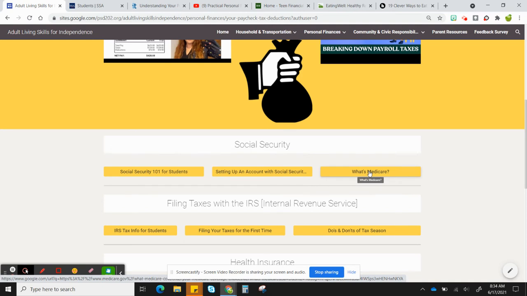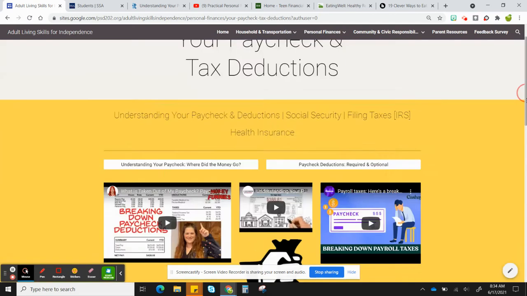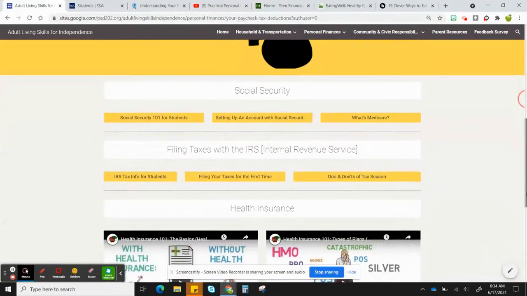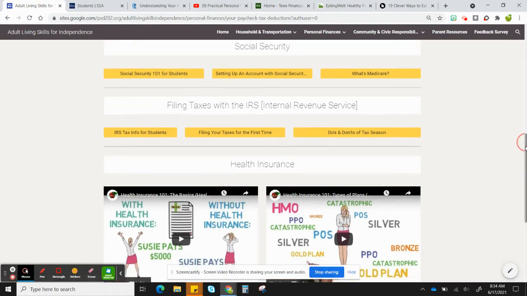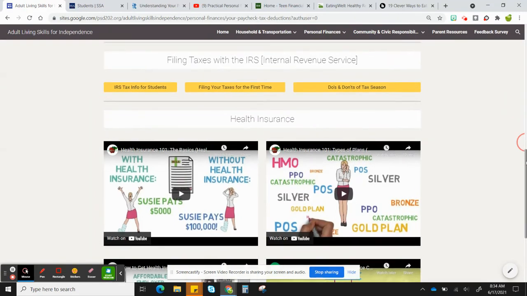And then what is Medicare? Medicare is another federal deduction that is taken out of your paycheck. That is a benefit that you have when you retire and reach the age of 65. Filing taxes is incredibly important with the IRS, Internal Revenue Service, and this tells you all about how to file taxes for the first time and some do's and don'ts. You don't want to get in trouble with the IRS,